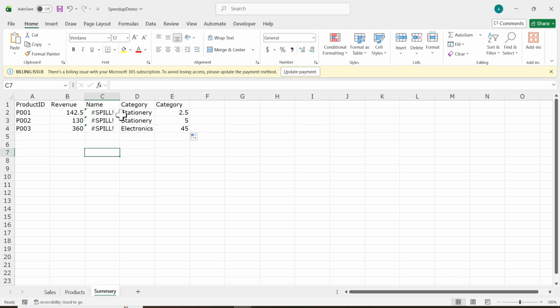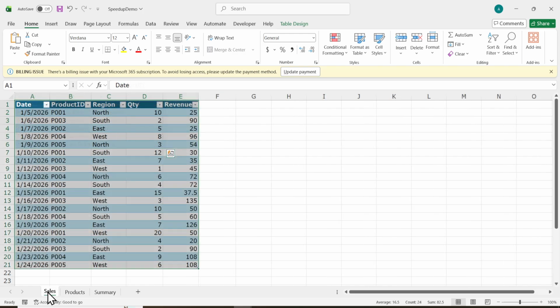For a bonus speedup on very large sorted lookup tables, if ProductsTBL product ID is sorted ascending, you can add 2 as XMATCH's last argument to use binary search, which is orders of magnitude faster on 100,000 plus row tables. Our demo table is only 5 rows, so it doesn't matter here. The tiny demo dataset won't feel slow on camera, so keep in mind